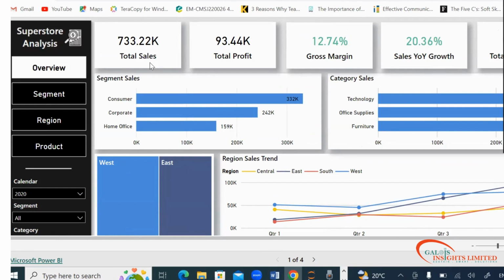It looks like, before that, segment, sales, ratio column. Sorry? Some of the sales. No, there are three of them: segment, region, and product ID. So